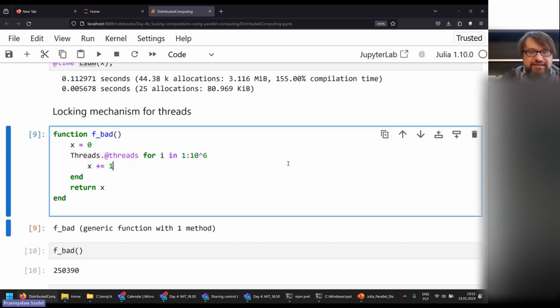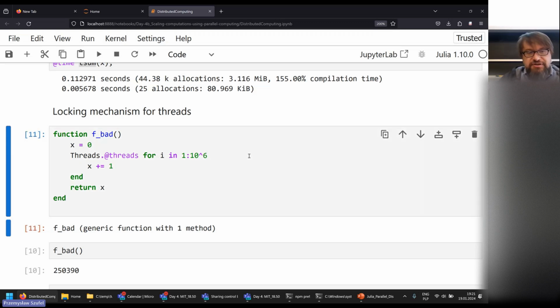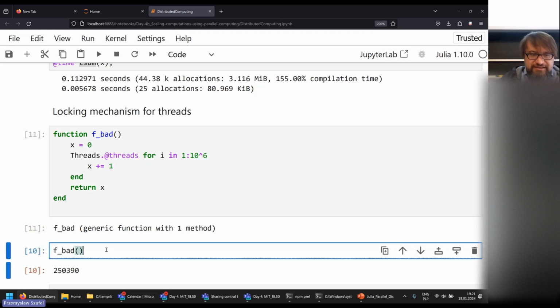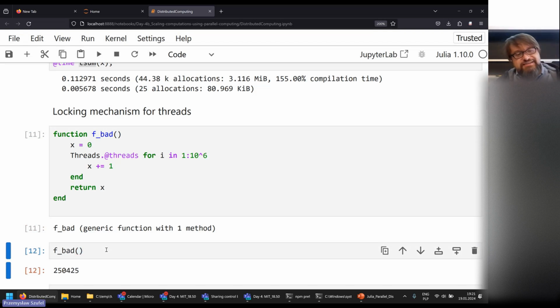Okay, threading creates lots of problems, and one of the problems is locking, and this is also why there is a need for development of parallel processing libraries such as Dagger. So assume that we have very simple code that is taking a value x and increasing its value 1 million times. So what's going to happen if I run it multi-threaded? I take x and increase its value 1 million times, but I do it in parallel. If I run this code, I can see that the value is